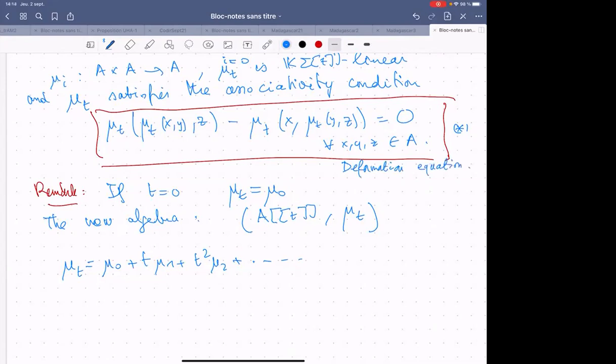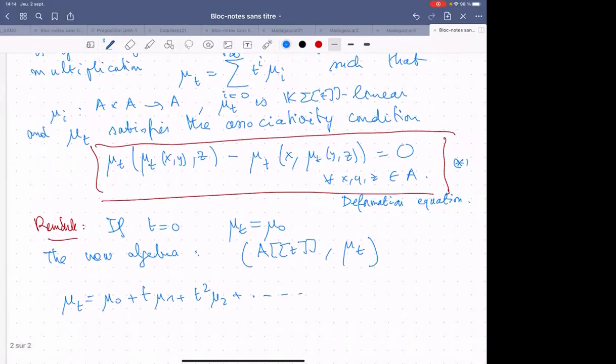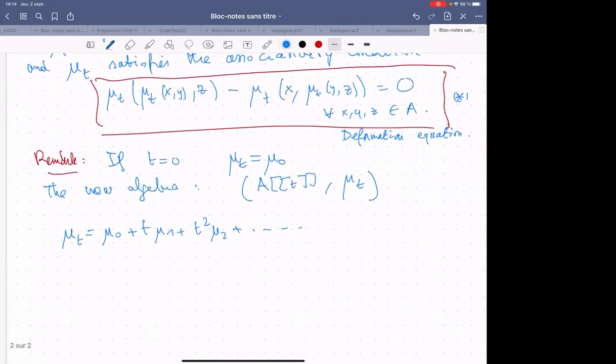Okay, then we have seen we have fixed this mu t to be an infinite sum. Let us replace and try to solve this equation step by step. First of all, let us replace this mu t by its expression in terms of t. And then, what will this star equation become? Then star is equivalent to the sum